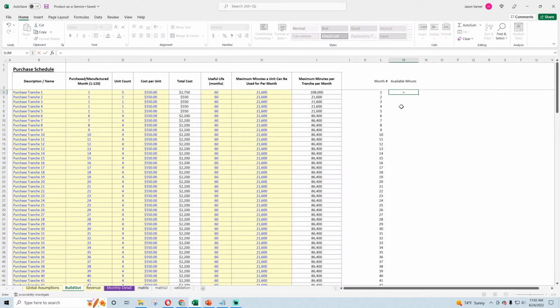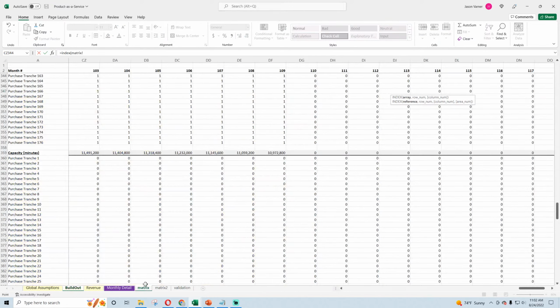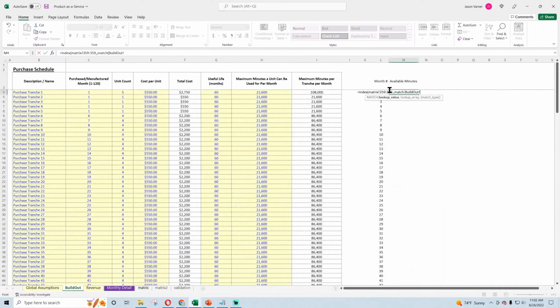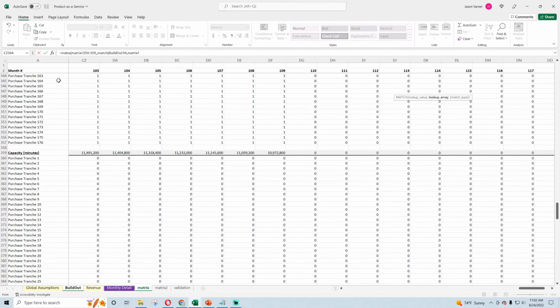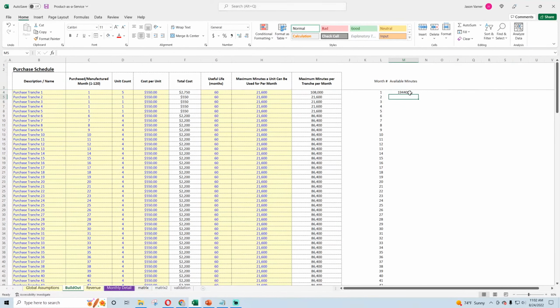So for available minutes, we'll do an index formula and just pull this number, if our month in L4 matches this month number. Now I should be able to drag that down.